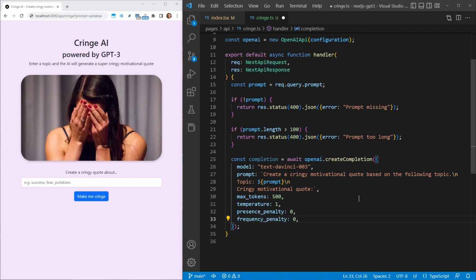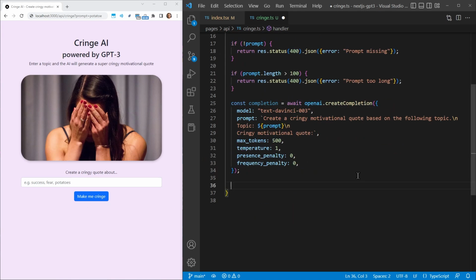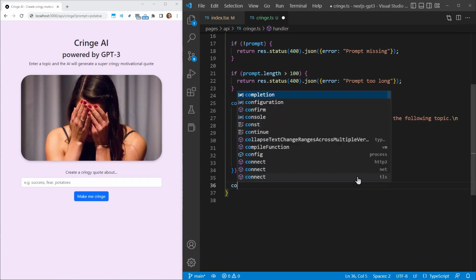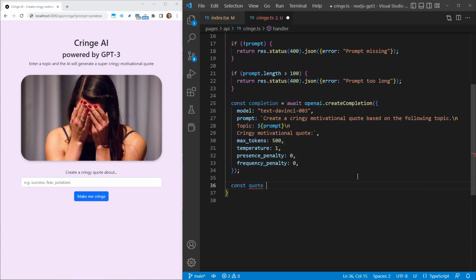All right, and we are almost done. So this executes this completion. Now we just want to get our text out of this completion and send it back to the front end so we can show it here on the screen, on the page. So we create a const quote because this is the final quote that we get, equals completion dot data dot choices, and here we want to pick the first choice, so we are using array access operator and type in 0, the first index, and then we use this text property here,